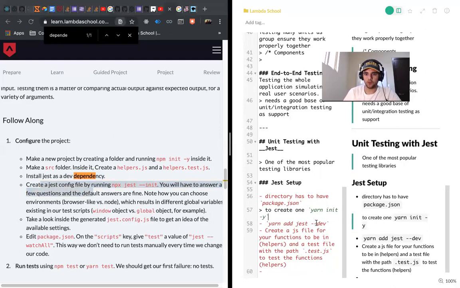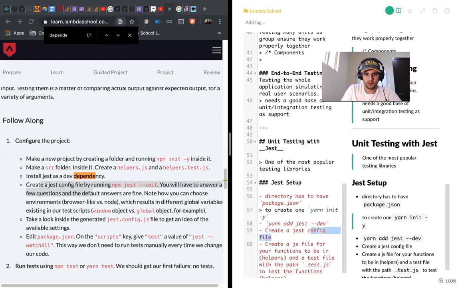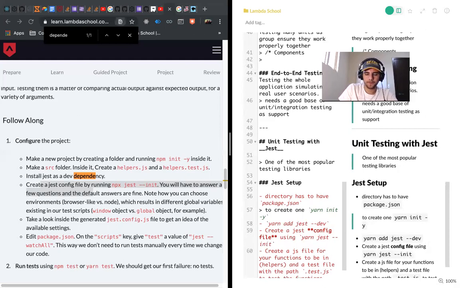And then after this, I would do the config file. And actually, the config file, I want it to be in bold because that gives it something important. Using yarn jest init, and then